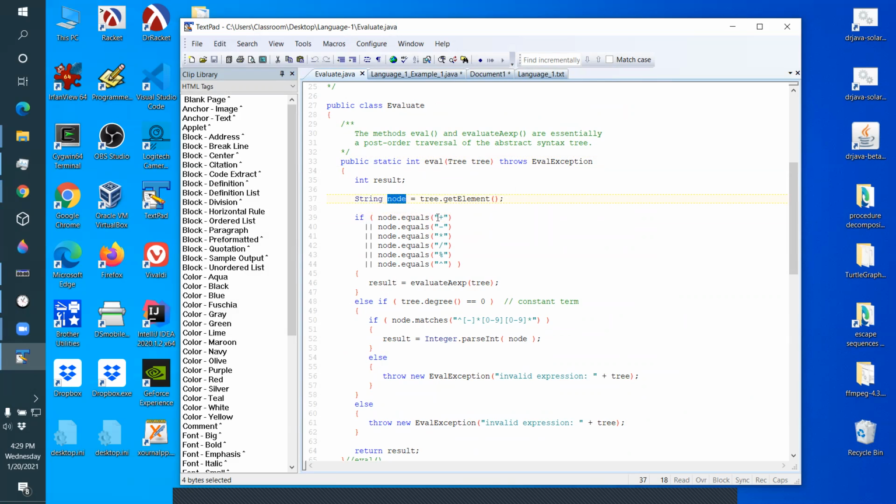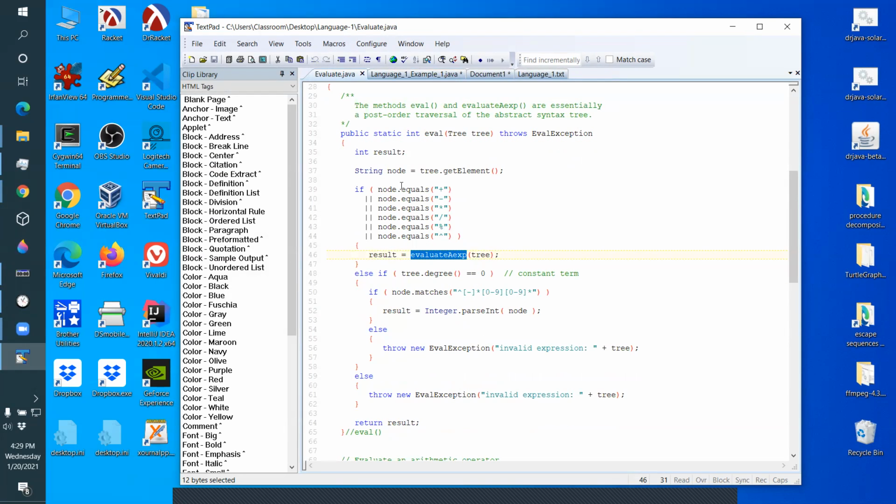The root of the tree is the operator. It's either a plus, a minus, a multiplication, a division, a remainder, or an exponentiation. If it's one of those, I call this other function that evaluates it. Okay. Now, the tree,